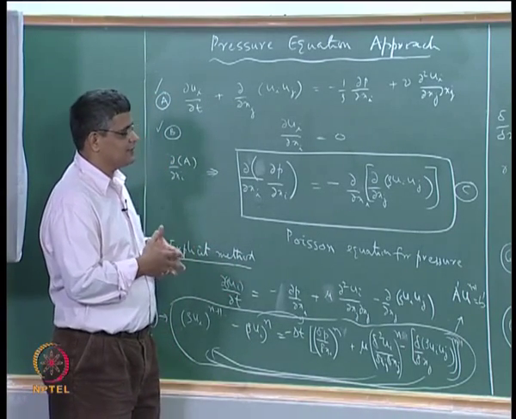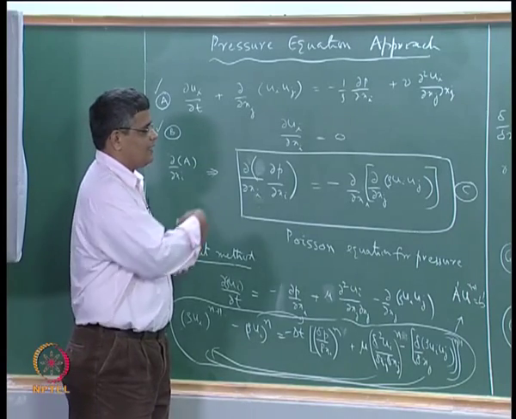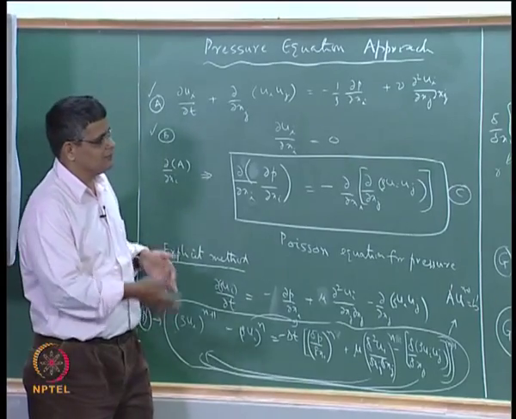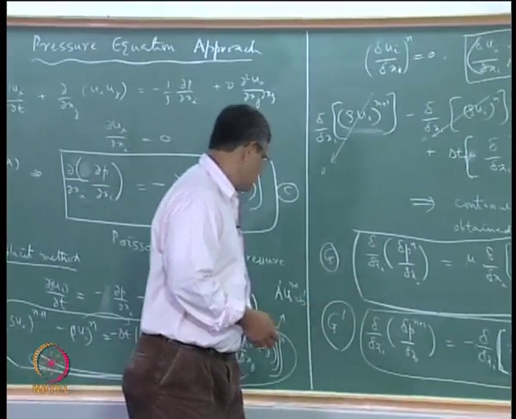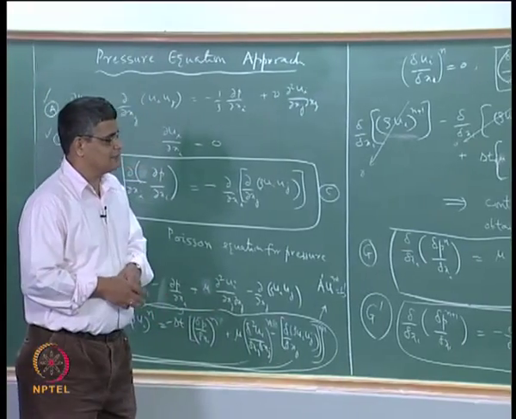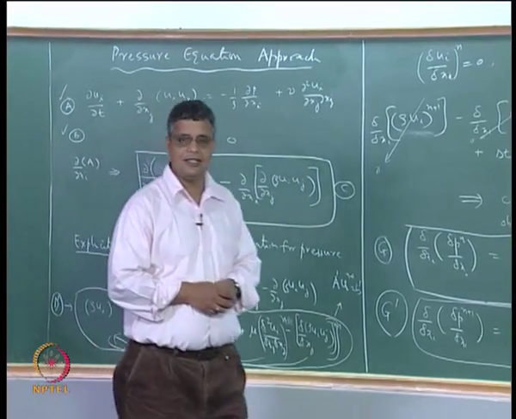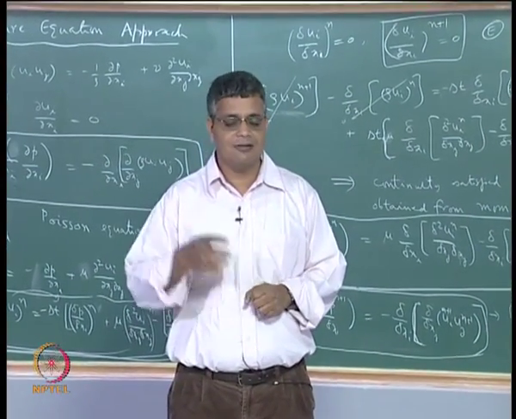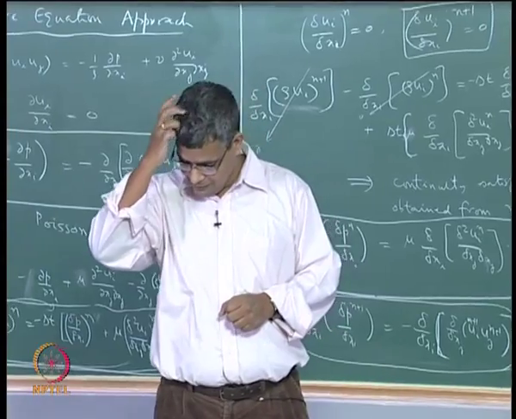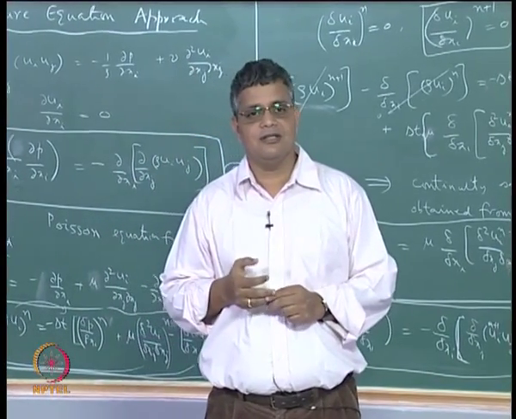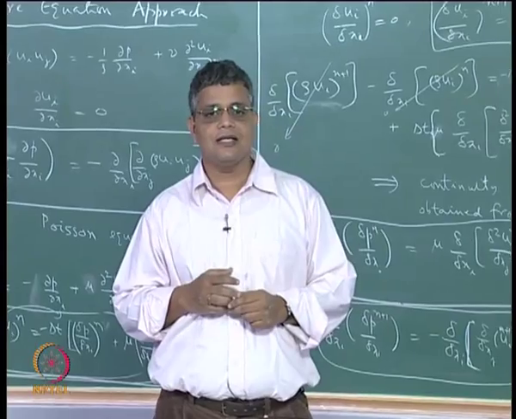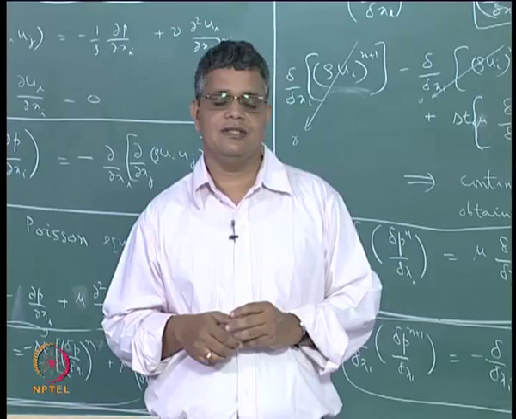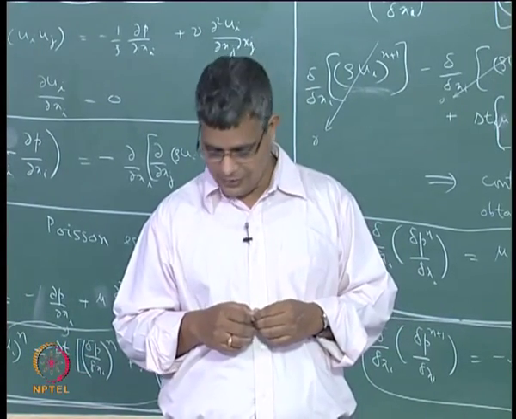So we will be essentially solving for the pressure correction, and that correction is incorporated in successive updates of the pressure and velocity field in much the same way as what we have been talking about here, and that method was proposed in the late 60s, early 70s by Patankar and Spalding, developed at Imperial College in London, and that has become very widely popular, and we will discuss that method, and it has proved very robust for a large number of equations, and so we look at that particular thing.